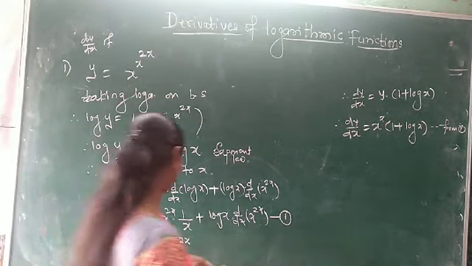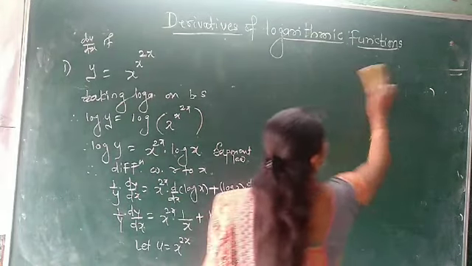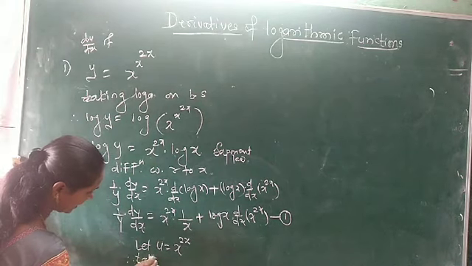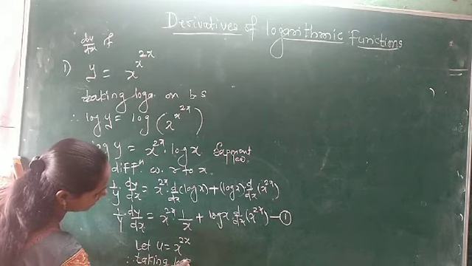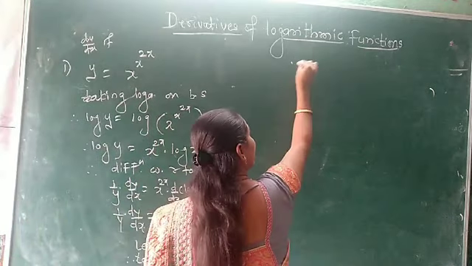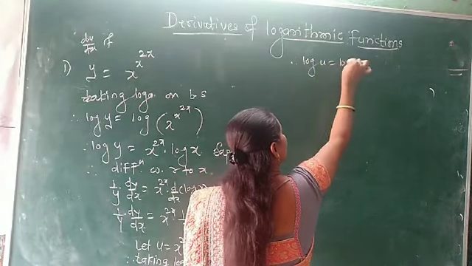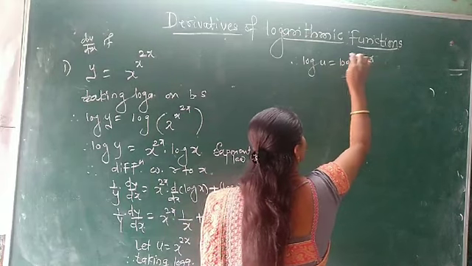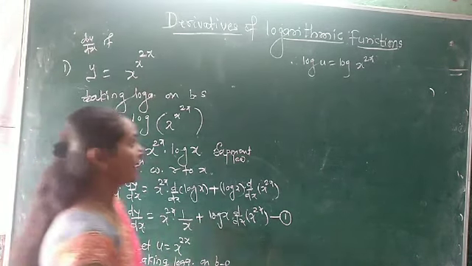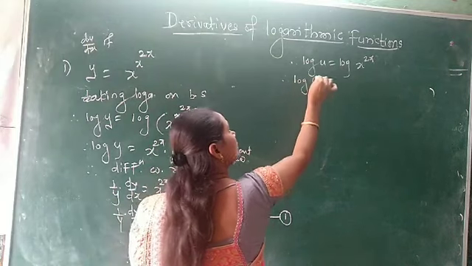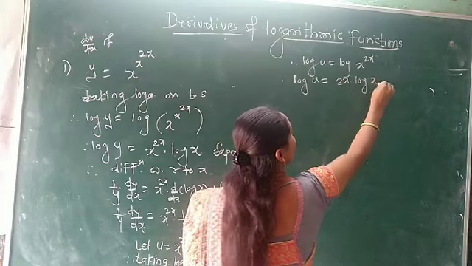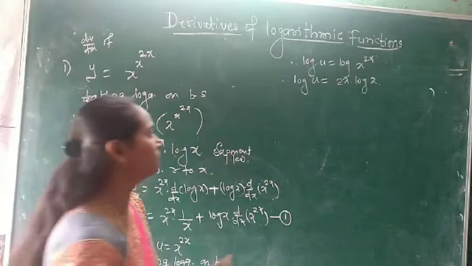So we have to find this. Again this is in the form of function raised to function, so taking log on both sides. Taking logarithm on both sides, therefore we get log u is equal to log of x raised to 2x. Simply we apply log on both sides. Log u is equal to log x raised to 2x. Again this log u as it is. Now again by exponent law of logarithm we write here 2x into log x.